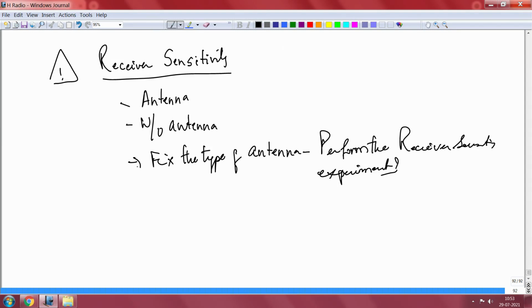So you must be able to read the data sheet and interpret it properly. If you do not understand the data sheet, go and look up the mailing lists, go and look up what is the discussion on the receiver sensitivity for the chip that you are actually buying. If you take Nordic processors, if you take the nRF52840 or 52832, these are very powerful SOCs.